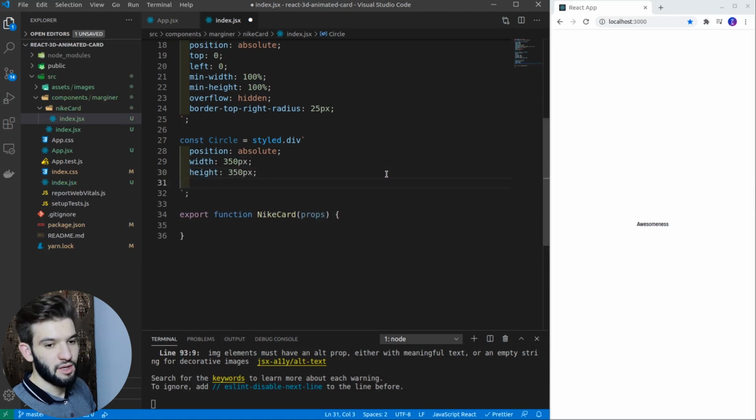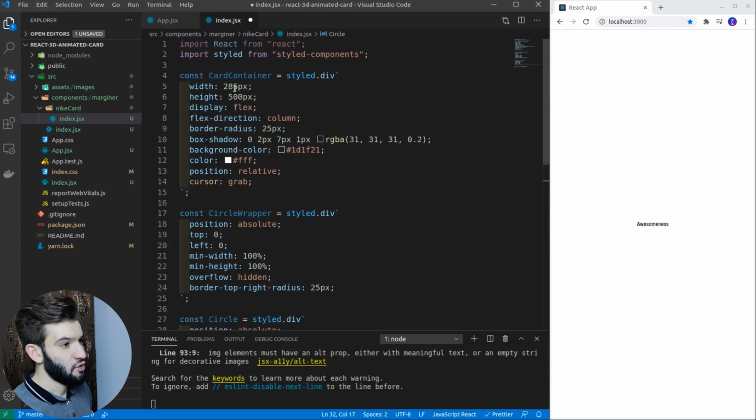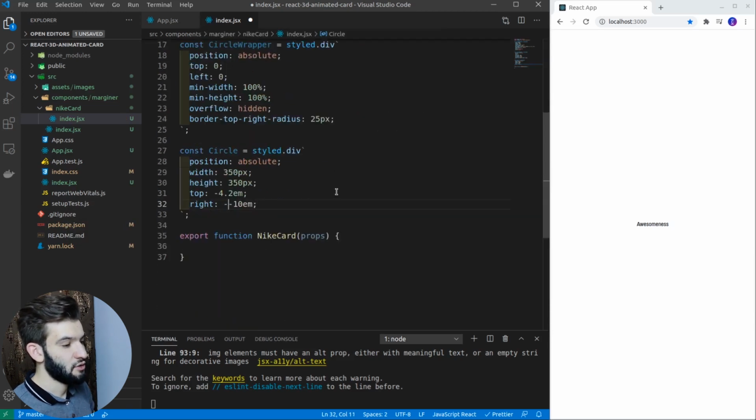I guess that should make it really, really good. For the top, I already got that determined. I want it to be going into the top right, so top minus 4.2 em, and probably I want to write minus 10 em, because 350 pixels is quite huge compared to our width in here. We got only 285 pixels, so we should overflow it or translate it a little